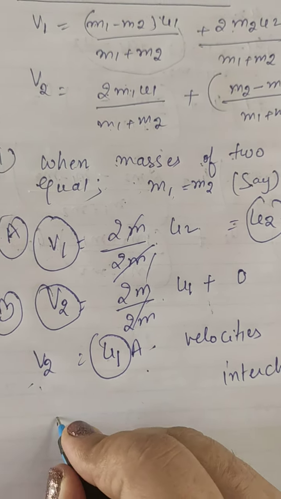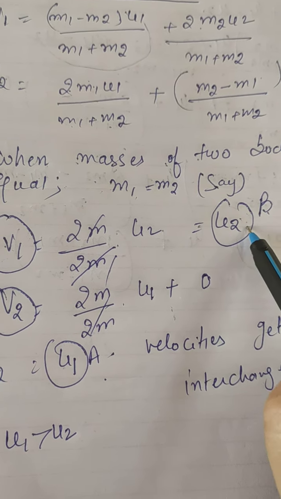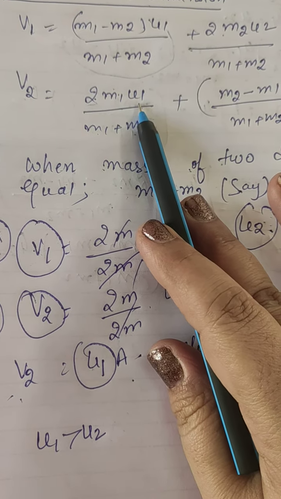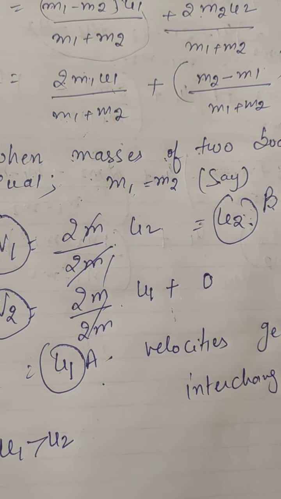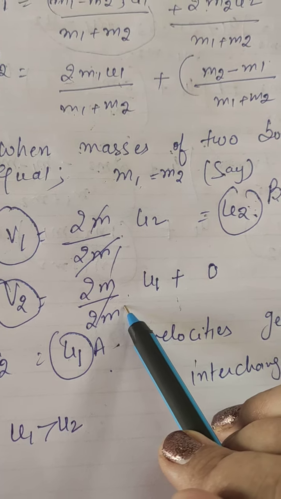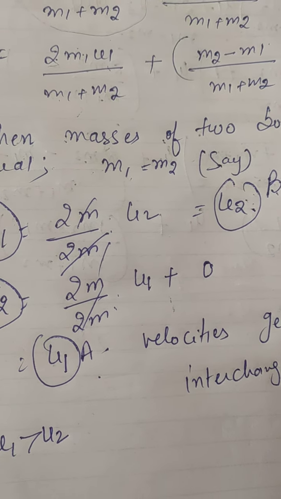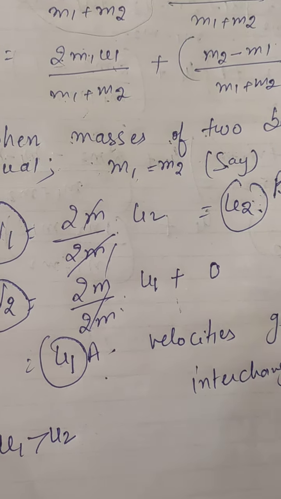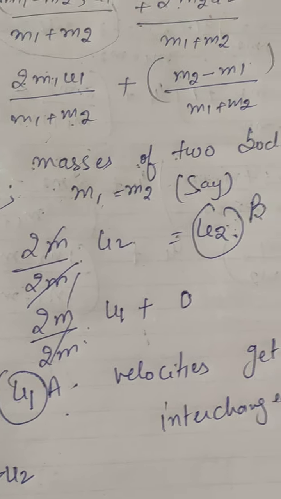So as we have assumed that u1 is greater than u2, that is the speed of body B was lesser, so by using this method we can bring the body A to slower speed, and this method is being used in case of nuclear reactors, in which we need to slow down the fast moving neutrons. Now let us discuss about the second case.